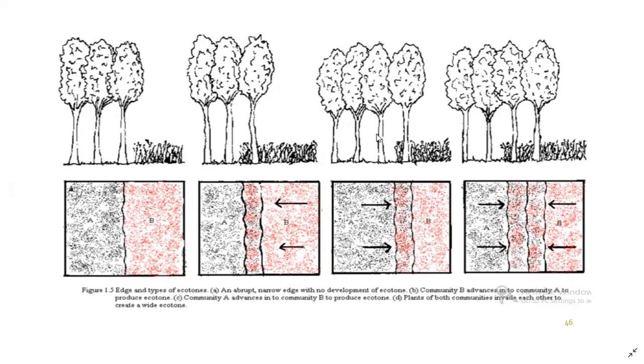Here more trees are there, but we will surely see an ecotone here because they are parallel with each other, or they are one upon the other. We cannot see a clear-cut demarcation like the first picture. And in the last picture, there's a wide ecotone. Now what kind of questions come from this? A similar pattern will be shown, and you have to say the increasing order, the decreasing order, or some conceptual questions will come from this part. So now we know that this is a wide ecotone.